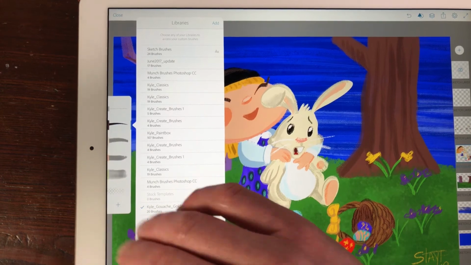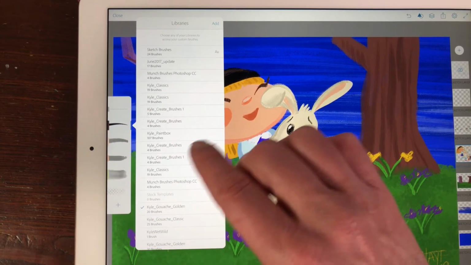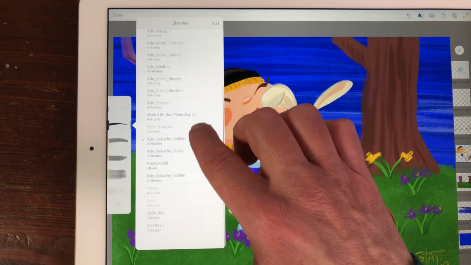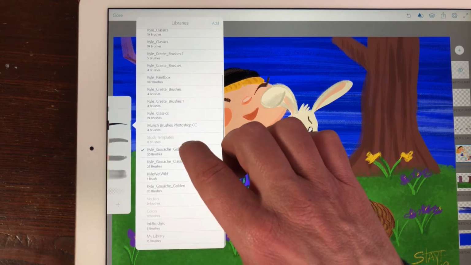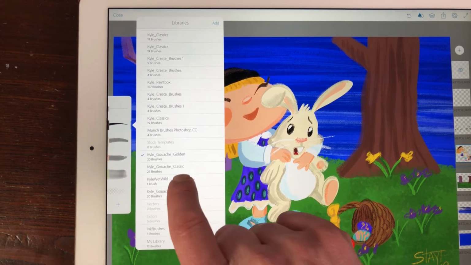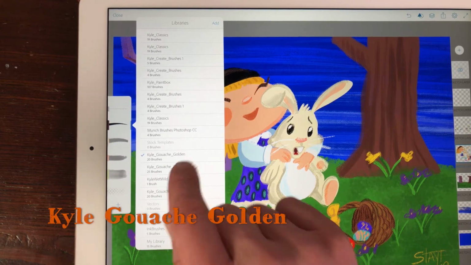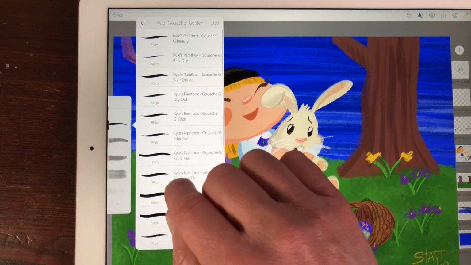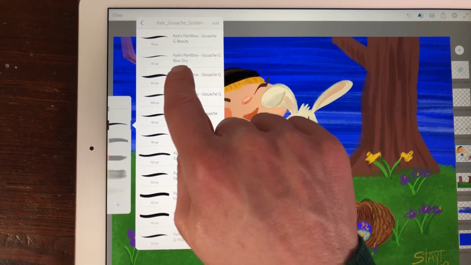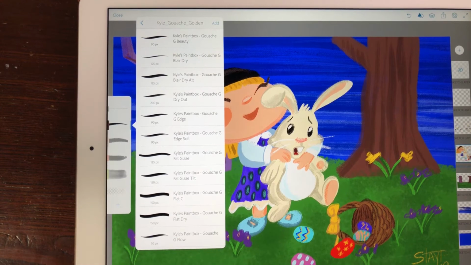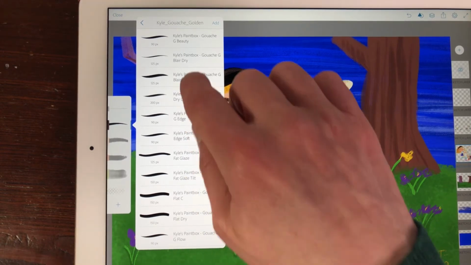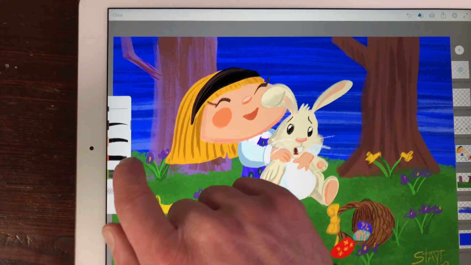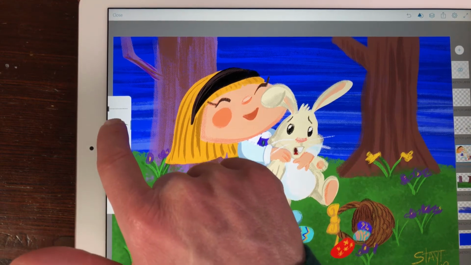And I made a mistake of downloading all the brushes I bought of t.webster, so I have a lot of them. But what I really was interested in was the Gouache Golden. It's a brush set which also has brushes that are called Blair Dry, and they're called after Mary Blair, and I really like her style. I already did another video about it, and these are some of the brushes that are available in the brush